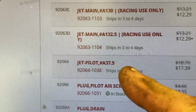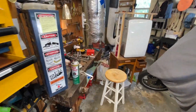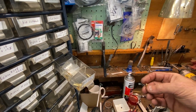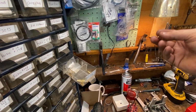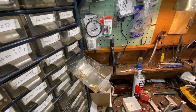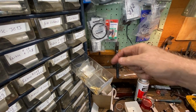37.5, which I have seen 100 times because I've been in this fish 100 times. And when I first took these slow jets out of the carbs to clean them, to check them, when I first got this bike in as a customer job, I took these slow jets out and read them and said, yeah, those are the right ones. And then in my brain I said, well, I know they're the right jets, so I don't have to worry about that. Except this is one of the jets that I took out this morning because I took 4